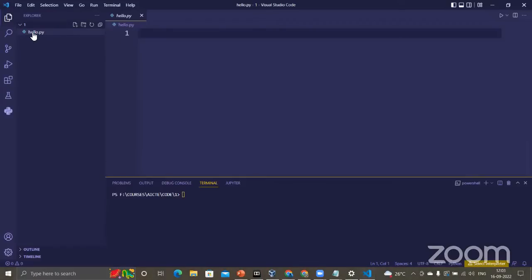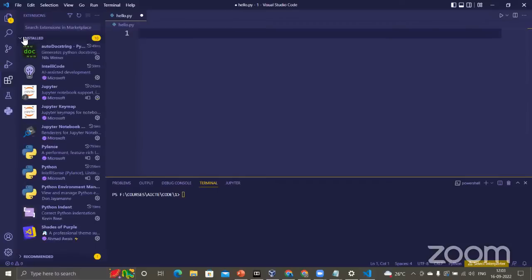Okay. Let me finish the workspace thing. So here's your workspace. Here's the name of the folder, and inside there you can see we have a file where you can type code. Now, there are 3 things we need to take care of. First is extensions. You can find extensions on the left hand side, usually the 4th or the 5th icon here. You can also do Control-Shift-X to get into the section of